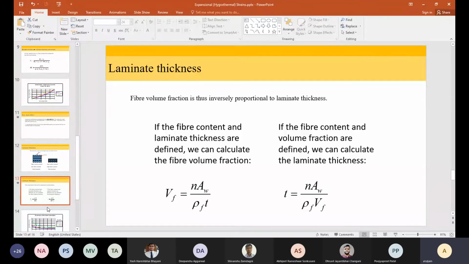But in all the formulas that we have learned so far, most of them require fiber volume fraction. So the areal weight is given to you, the number of layers is given to you, thickness is given to you, density is given to you, you can calculate the fiber volume fraction. Or you can solve it the other way: this is the areal weight, this is the density, I want this much thickness, how many layers do I need to put? So these are problems that we solve one step before the mechanics problem has started. The input for our mechanics problem is the volume fraction, but how do we calculate the volume fraction? We will calculate it using expressions such as this.